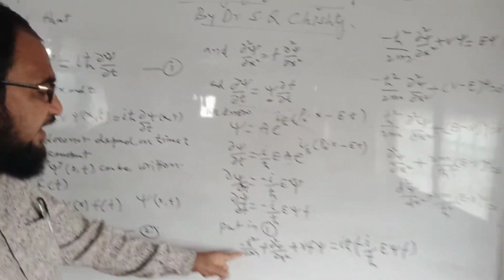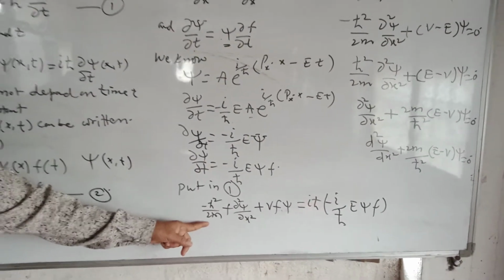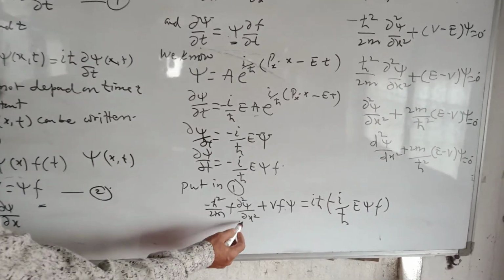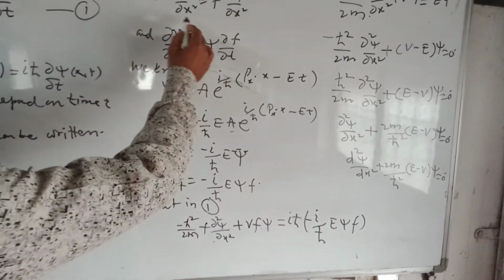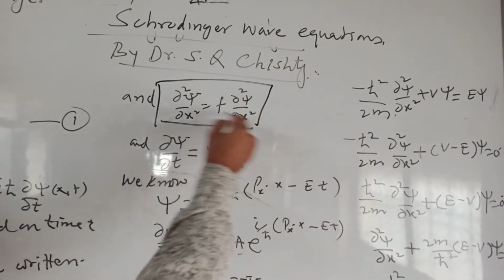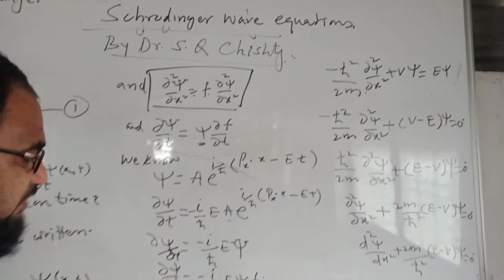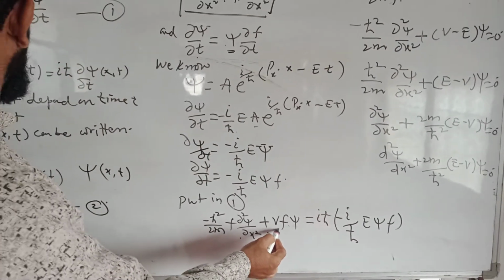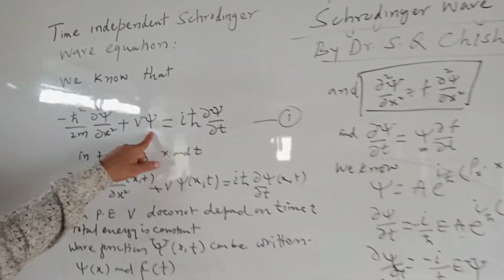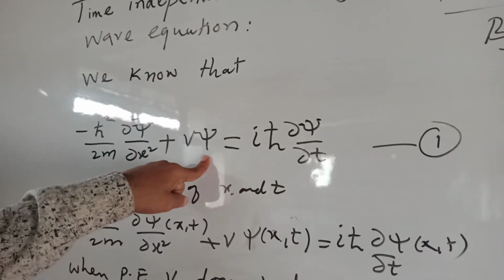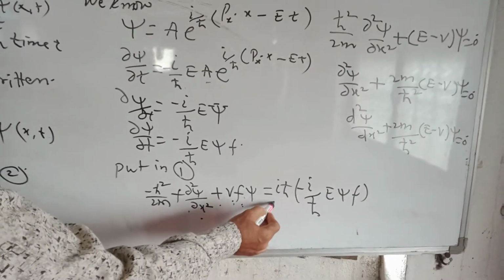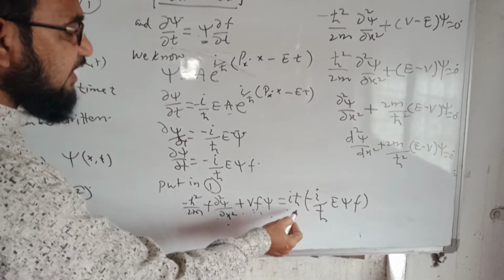Now you will get -ħ²/2m as it is. Now for ∂²ψ/∂x², I am writing this value: ∂²ψ/∂x² is equal to f into ∂²ψ/∂x², plus V as it is, and for this ψ I am substituting the value ψf. So it will become Vfψ is equal to, now for the other side, it will be